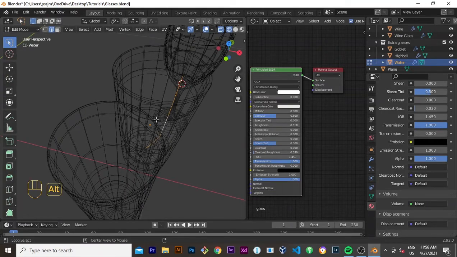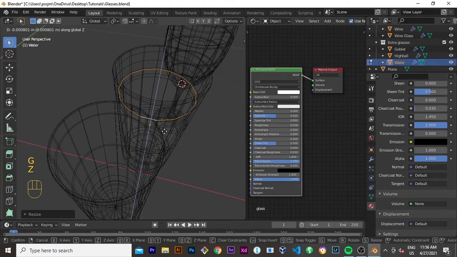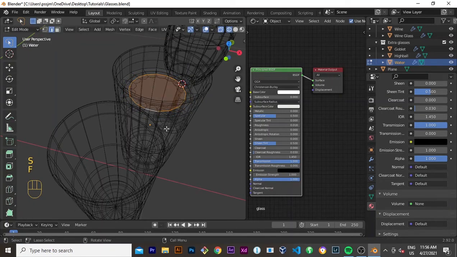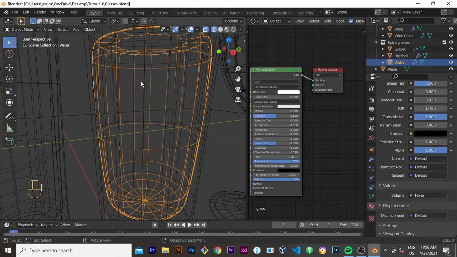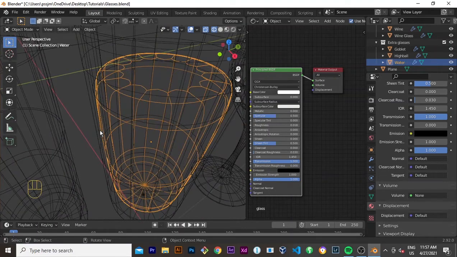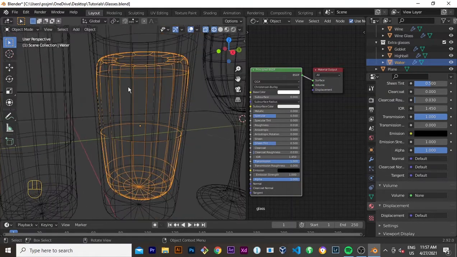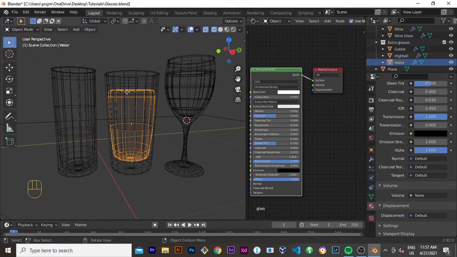and select this edge loop here, and then extrude and then scale inward, grab it to the Z axis, down, extrude, scale, extrude, scale, and then F for the face, and then tab. Now, because we want this roundness to go away, we're gonna add the edge loop. Tab to edit mode,